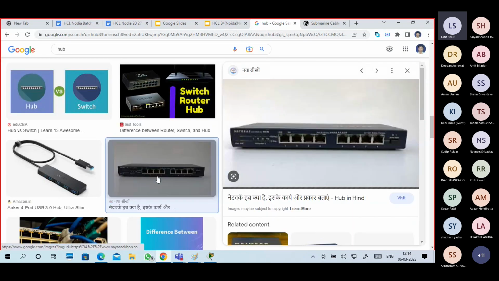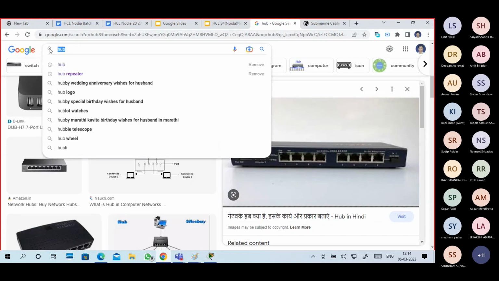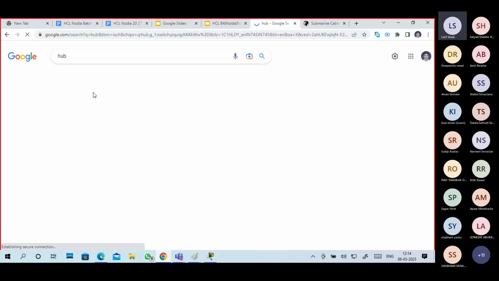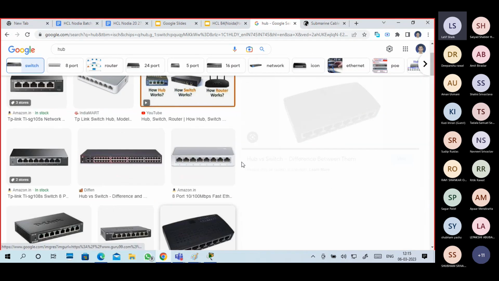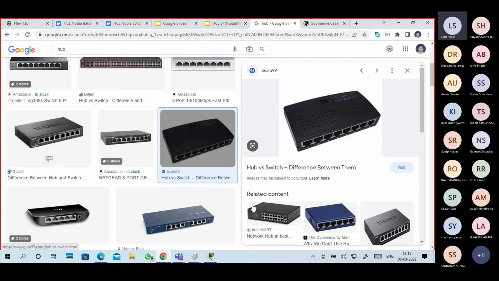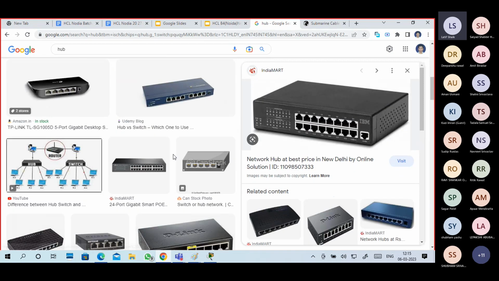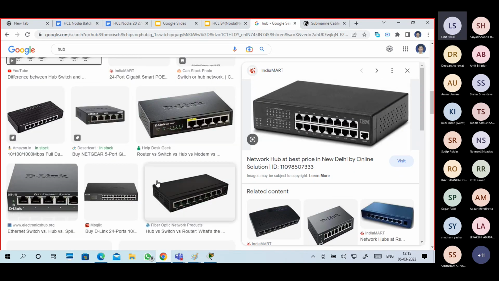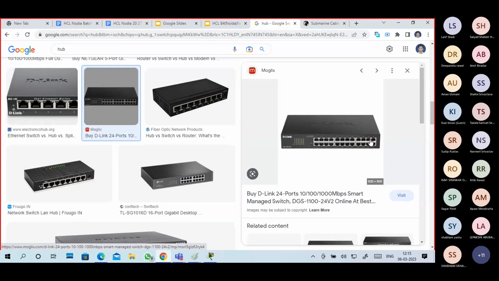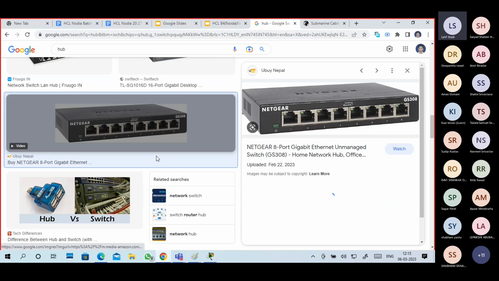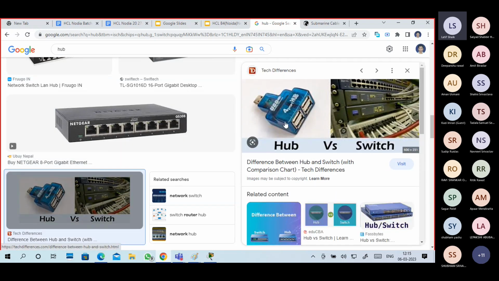But if you take a switch like this, switches come in small sizes. It means 8-port switches are there, 16-port switches are also there. You can get bigger connecting switches also, not this one, this is wrong.